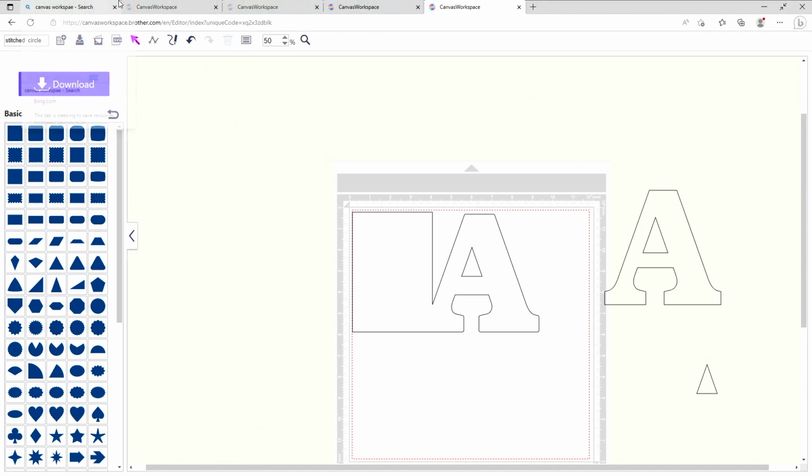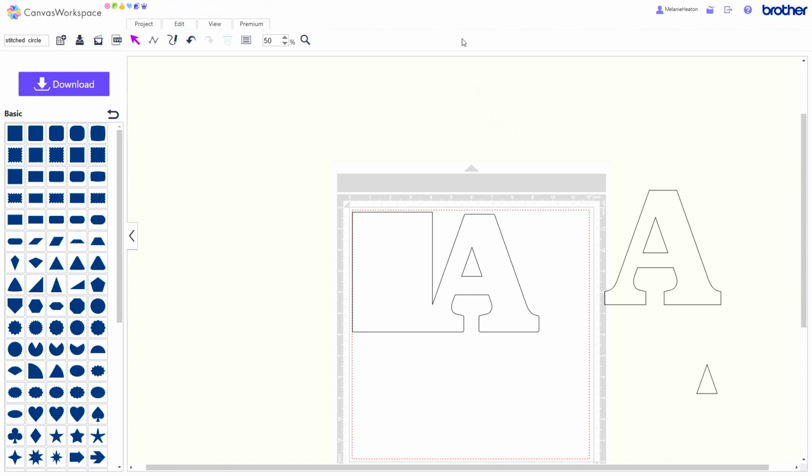So that, for me, alone, is worth learning Canvas Workspace, because to be able to take something like a pattern and divide it so that it's then one piece and then weld something else onto it is invaluable. So if you've got, for example, the pattern, so let's say, for example,